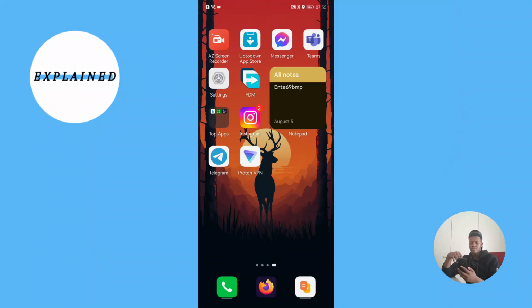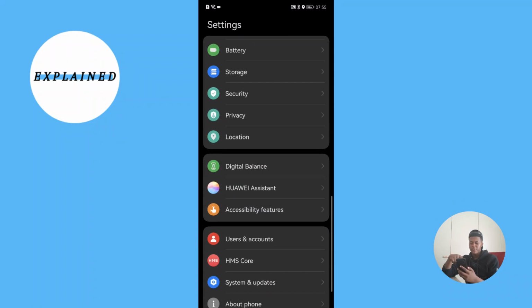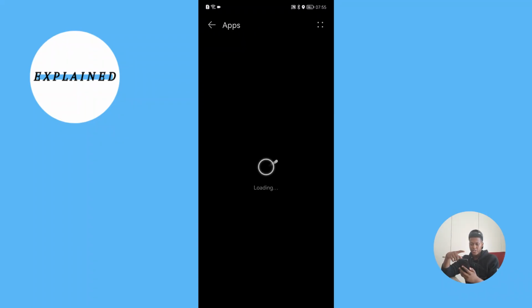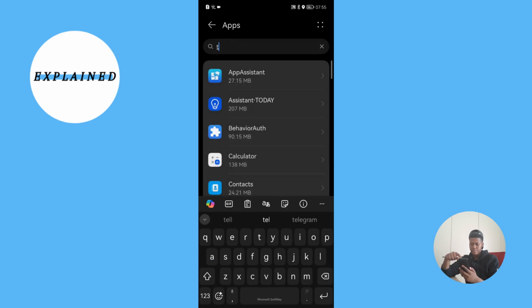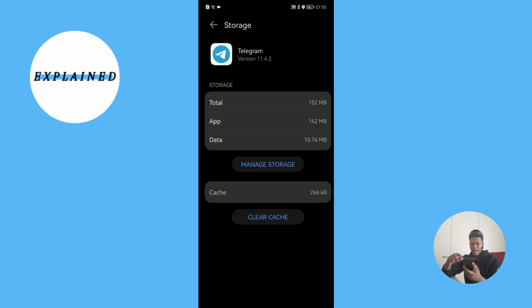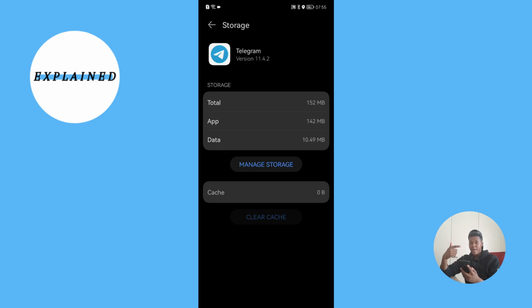Let's begin. So what you want to do first is you need to open your settings, and then you're going to look for Telegram within the app section. So once you found Telegram, you're going to select storage. Now there at the bottom, it's going to say clear cache. You're going to select clear cache, and then try to go back to the app and then see if the